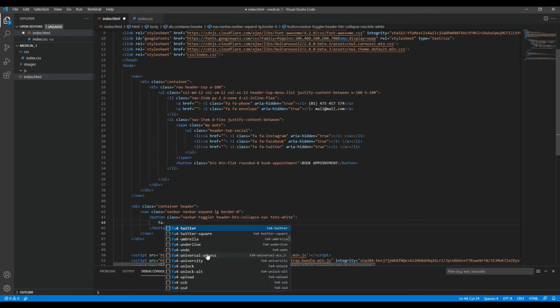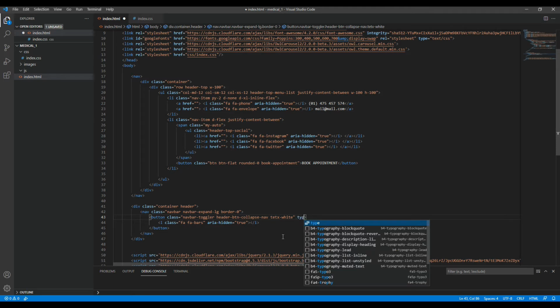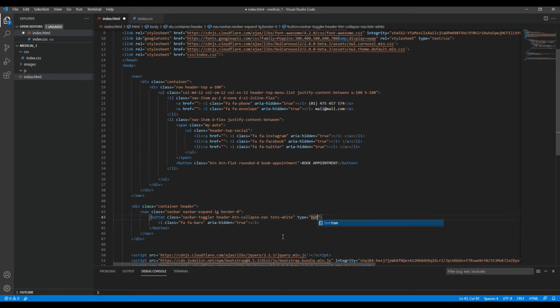So far bars, give that one an icon. Then this is of type button,